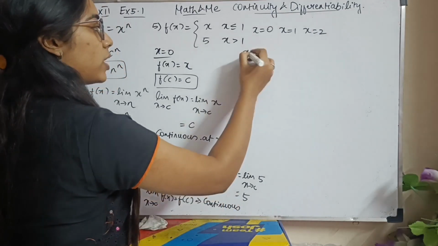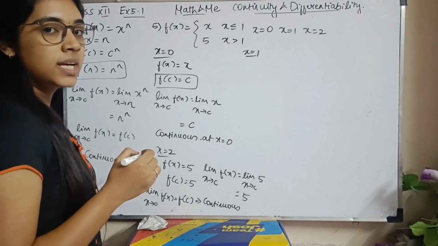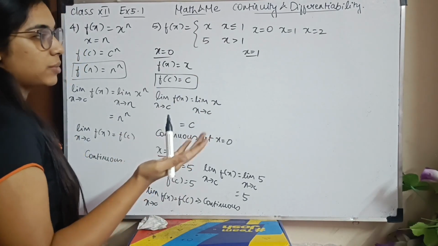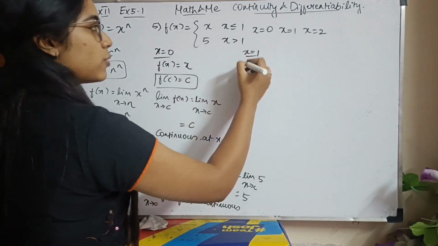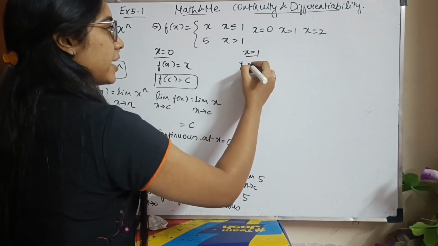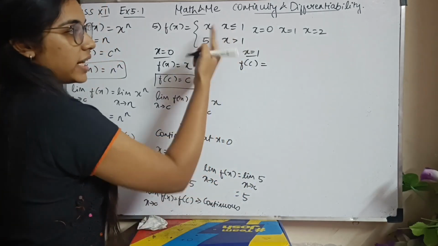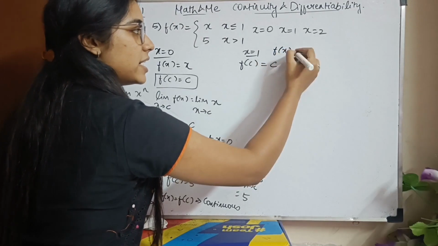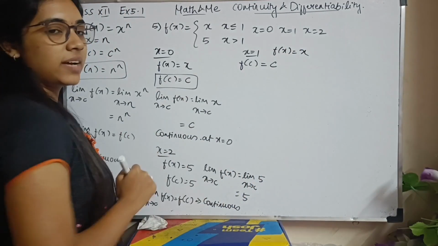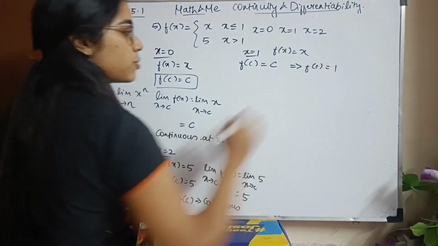இப்போ x is equal to 1 பார்க்கலாமா? x is equal to 1 ஏன் நான் லாஸ்ட்ல பண்றேன்? Because I have two different conditions. I have to find the left hand limit and the right hand limit. It is not very complicated. It is only a little longer than this. Okay, இப்போ x is equal to 1 இல்ல, I'll have f of c. 1 ல என்ன condition இருக்கு? I have x, so it is going to be c. What is my f of x? It is going to be x. So c substitute பண்ணா I'll have f of c to be c. What is my value of c? f of 1 is going to be 1.